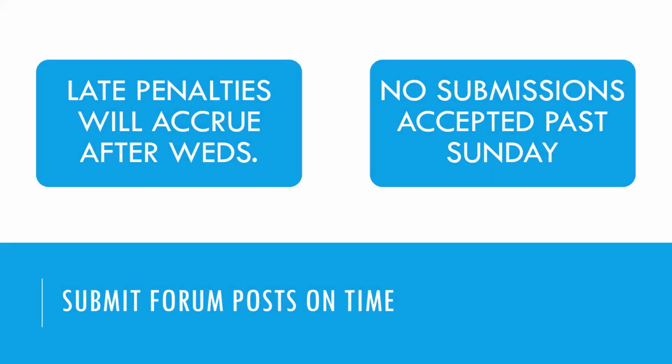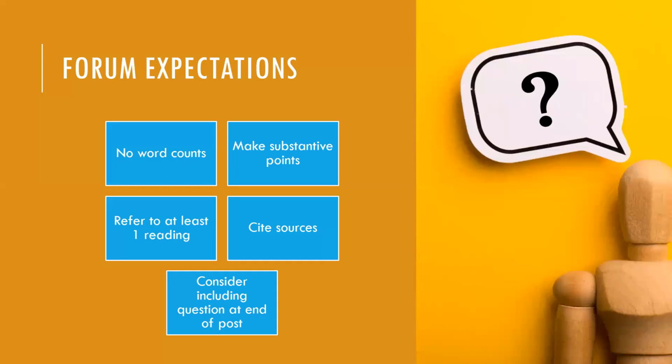For the forum, know that one initial post addressing all the questions is due before 11:59 p.m. Mountain Time Wednesday, and your two peer responses are due before 11:59 p.m. Mountain Time Sunday. Points are going to be deducted each day the initial post is late, and that's 5 points per day after Wednesday. And after Sunday passes, any comments or initial posts are going to go ungraded.